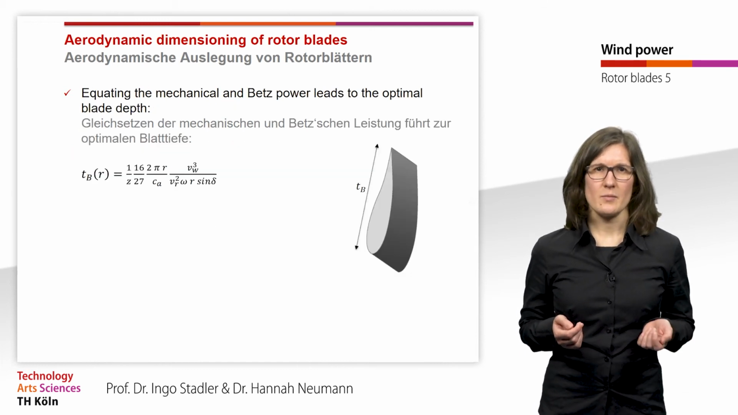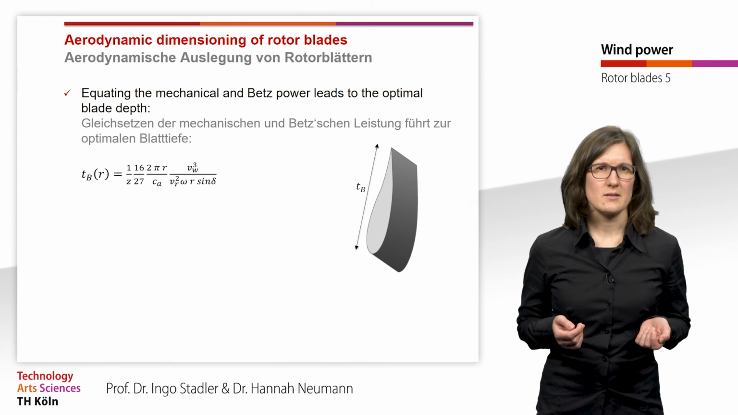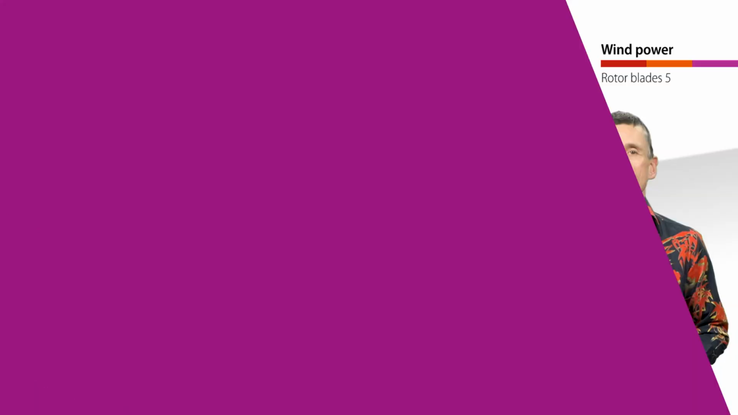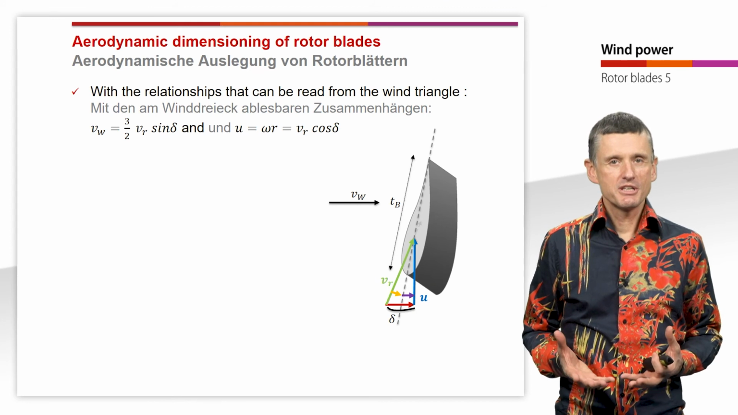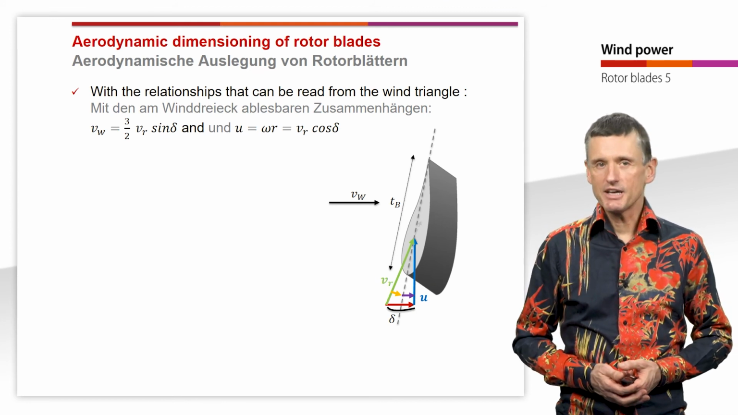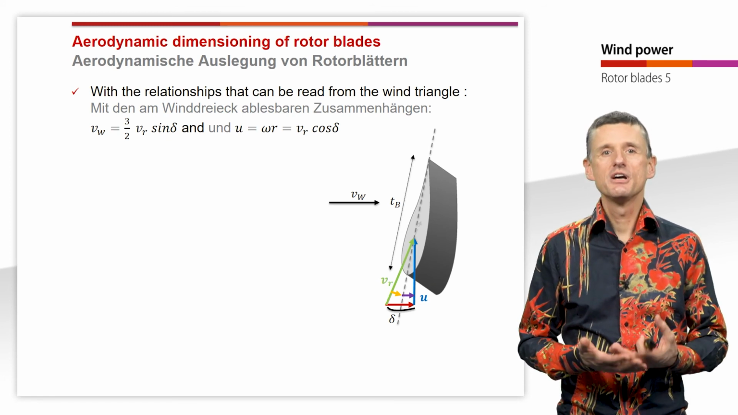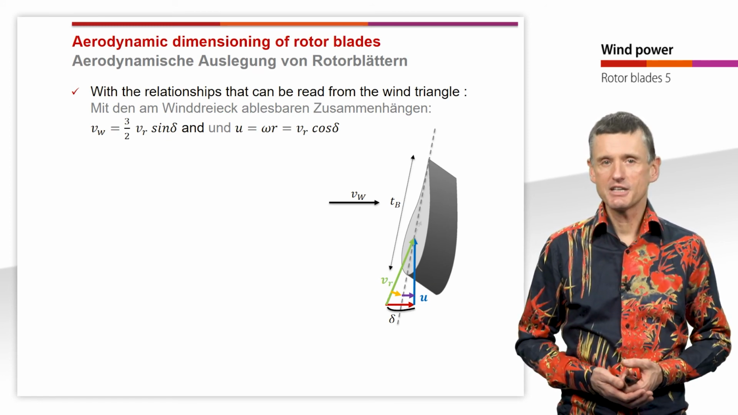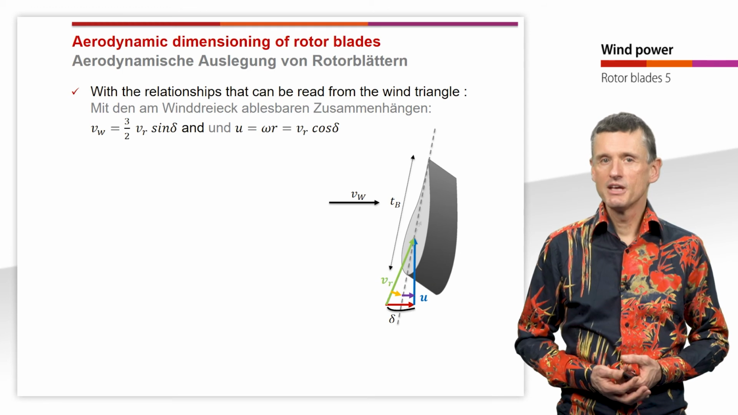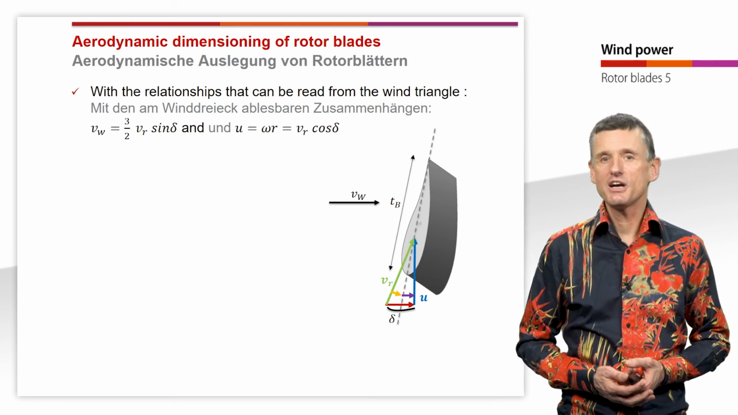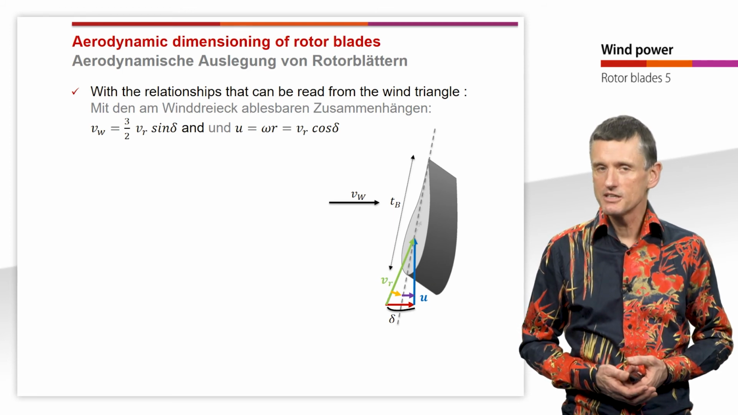Equating the mechanical and the Betz power leads to the optimal blade depth that you can see here. And with the relationships that can be read from the wind triangle, that Vw is equal to 2/3 VR sine of delta, and U is equal to omega r, that is equal to VR cosine of delta, and after a